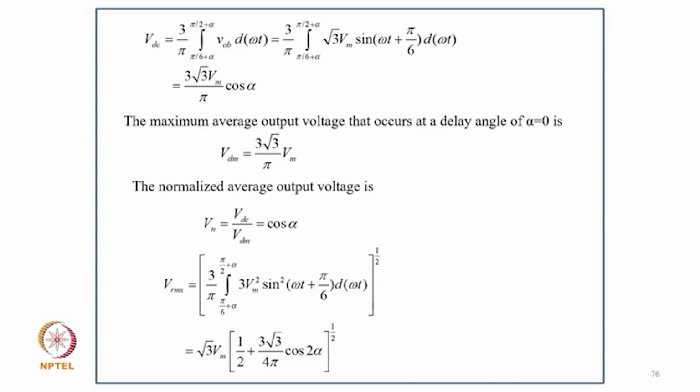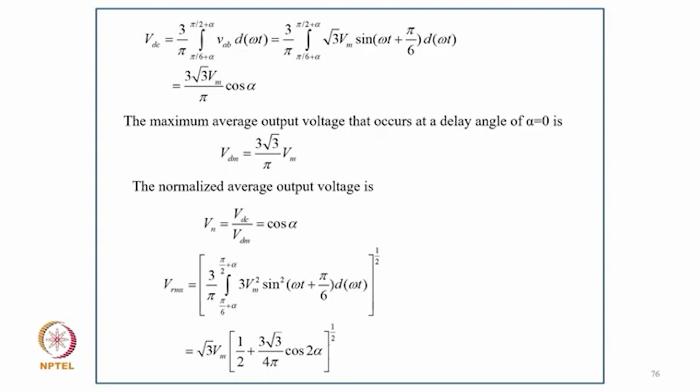And Vdc equals 3 by pi integral from pi by 6 plus alpha to pi by 2 plus alpha of Vab d omega t, equal to 3 upon pi integral from pi by 6 plus alpha to pi by 2 plus alpha of root 3 Vm sin omega t plus pi by 6 d omega t, equal to 3 root 3 Vm upon pi cos alpha. The maximum average output voltage occurs at firing angle alpha equal to 0, that is Vdm equals 3 root 3 upon pi into Vm, and the normalized average output voltage Vn equals Vdc upon Vm